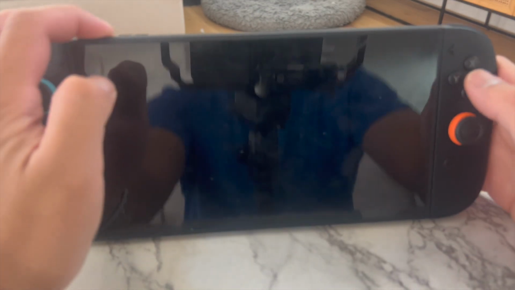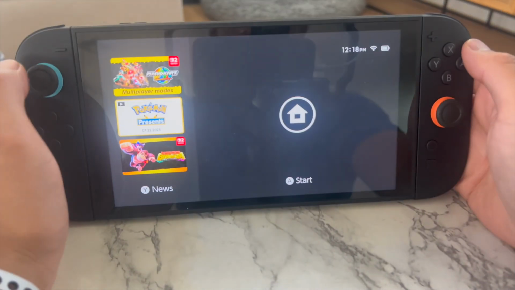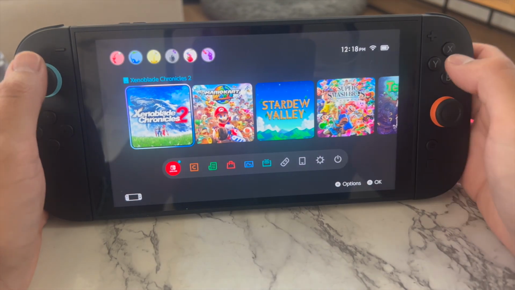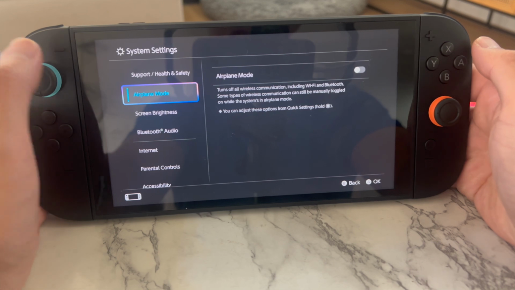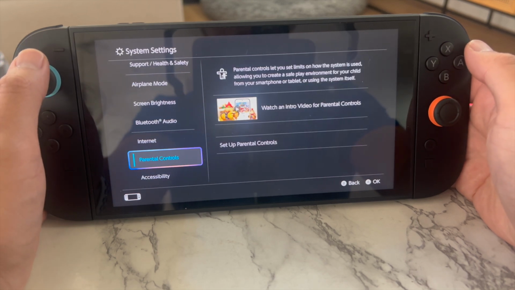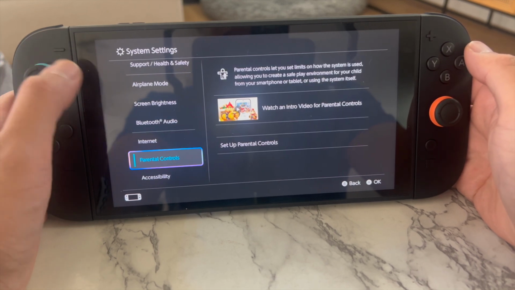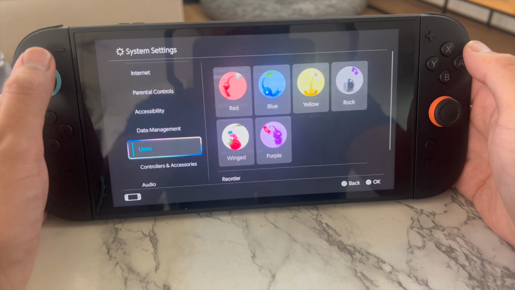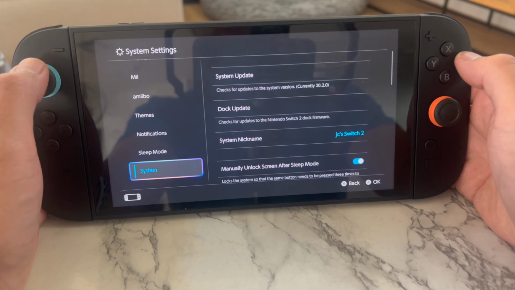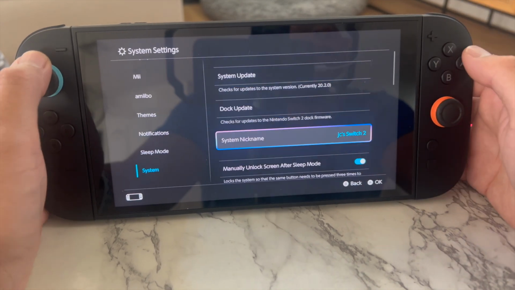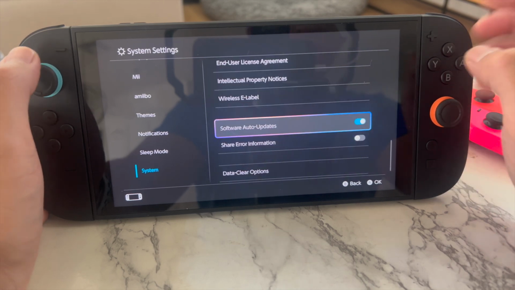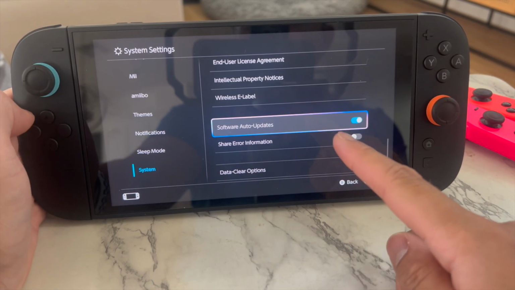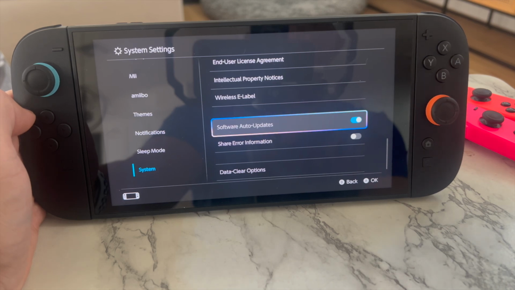The first thing that we're going to do is power on our Nintendo Switch 2 and access the settings option, which is located right over here. Now, normally your Nintendo Switch 2 is already set to automatic update. But to make sure that's the case, you want to scroll down to where it says system. From here, you want to scroll down even more to where it says auto updates. And as you can see, right here, it's toggled on, which means that the software for the Nintendo Switch 2